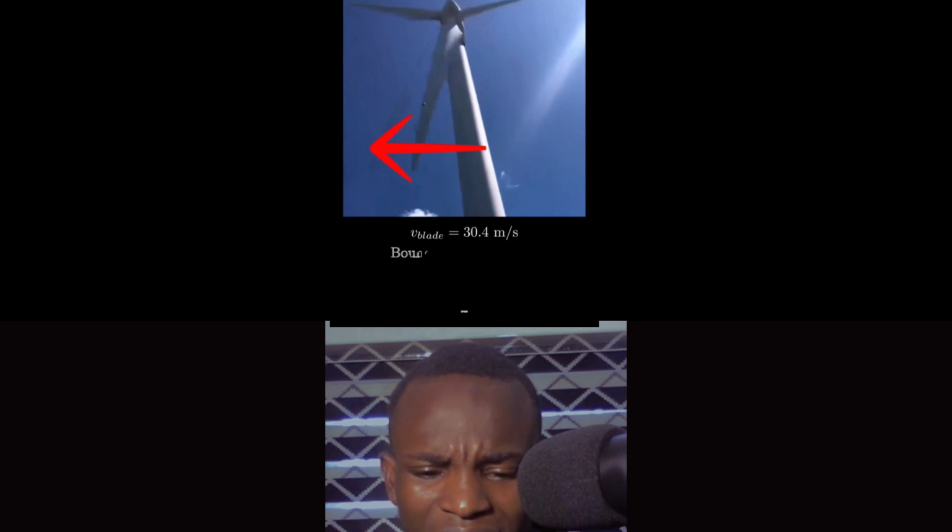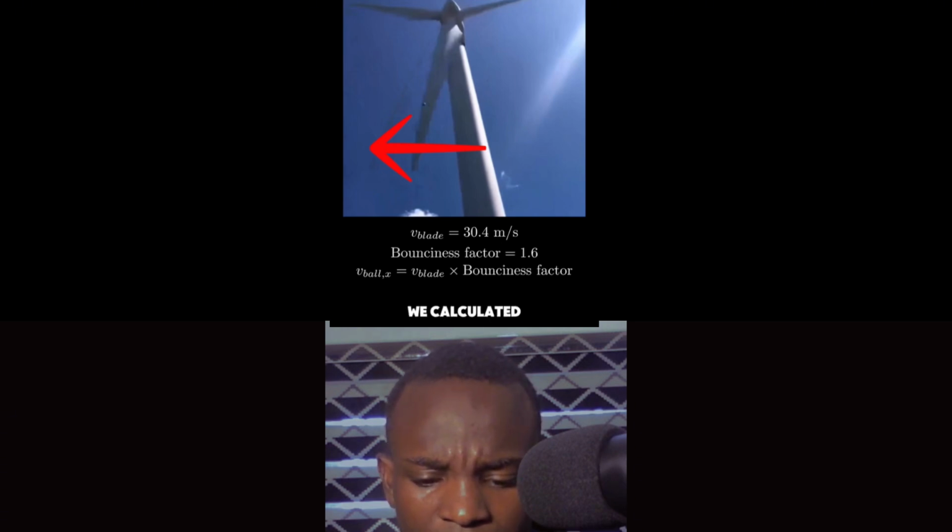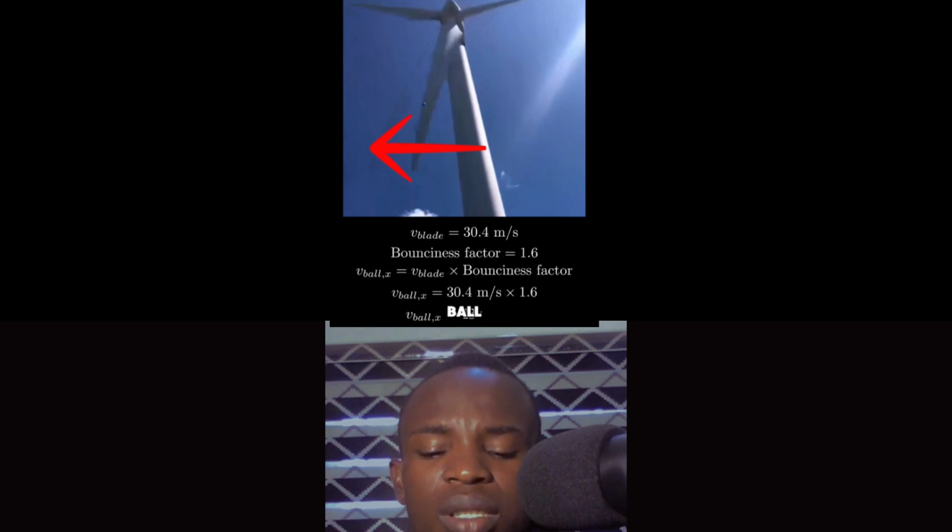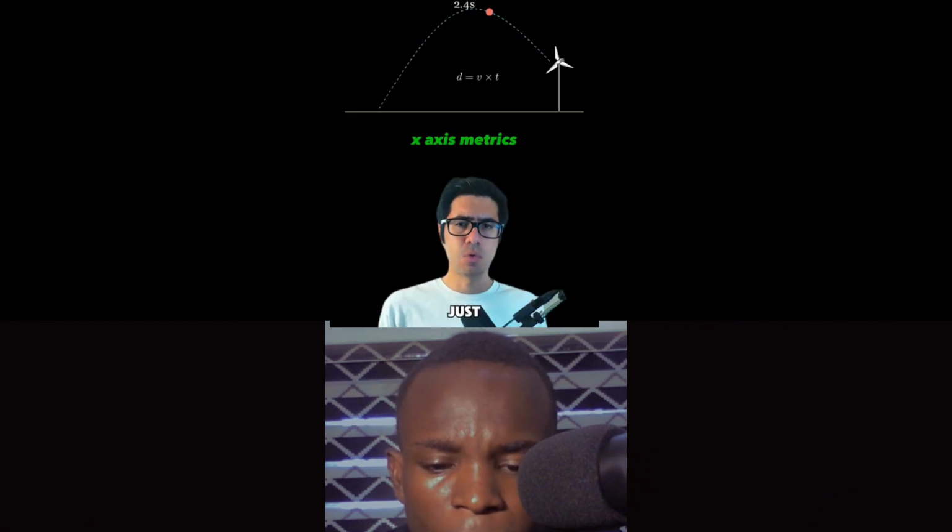Now on the x-axis, the speed of the ball would be the speed of the blade, which we calculated, times 1.6 because of the bounciness of the ball, or 48.6 meters per second. And then we simply just multiply the time and speed to find out the ball fell down 331 meters from